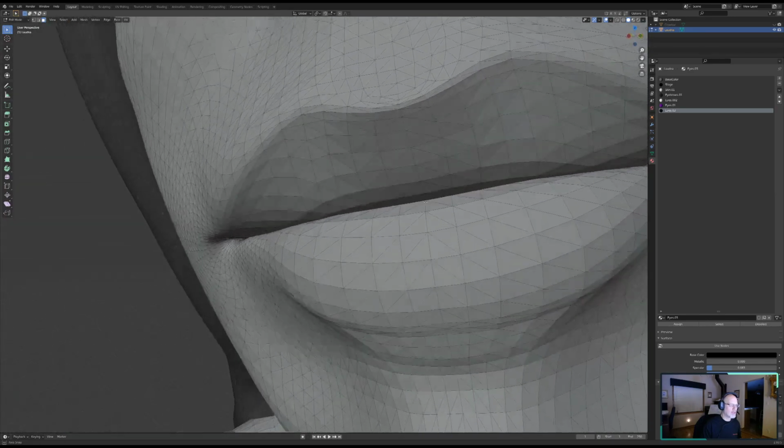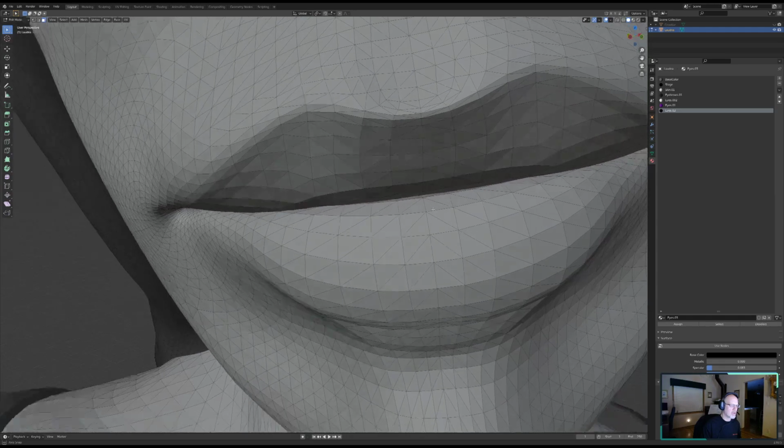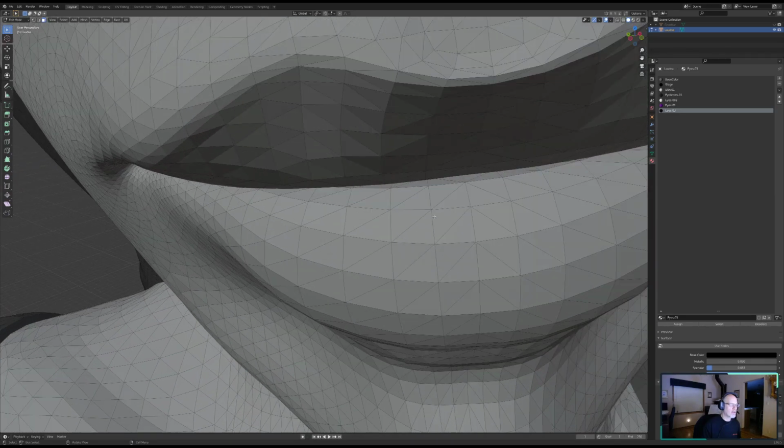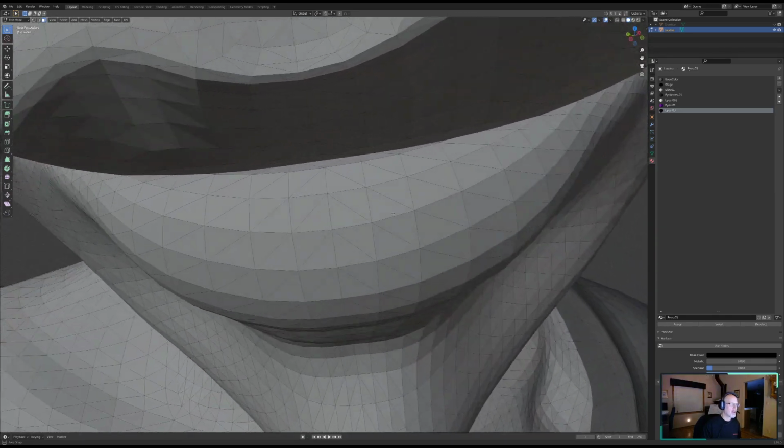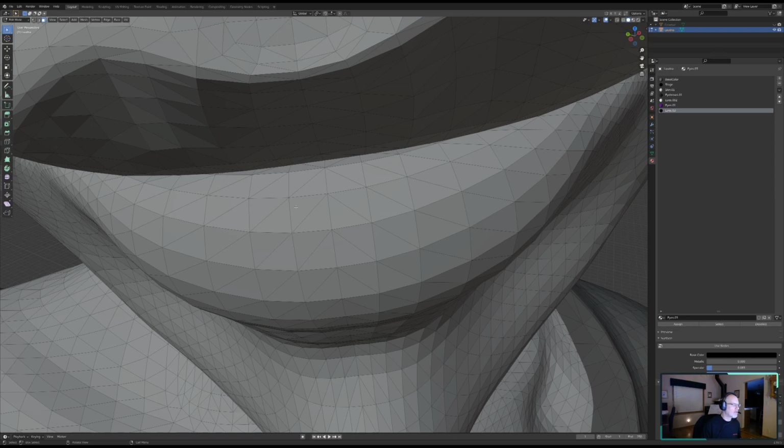So why don't we try that, and I'll show you what we're going to do here. We're going to use our friend the select more function. So let's start by selecting just one line of the lip here,